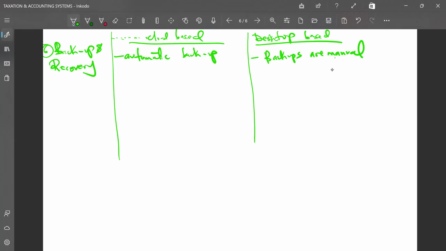Because in a manual way, the backup should be done regularly so that you don't lose any valuable information if that computer breaks down, or if you lose it, or if thieves break in and steal this computer. So you have to make sure you do regular backups. And because backups are manual, it is very risky if it is not done. If that computer breaks down, it is stolen, or something happens that renders it not usable, and you don't have that backup of that information, you've lost it all. You cannot get it. It is gone. Very sad for a business.